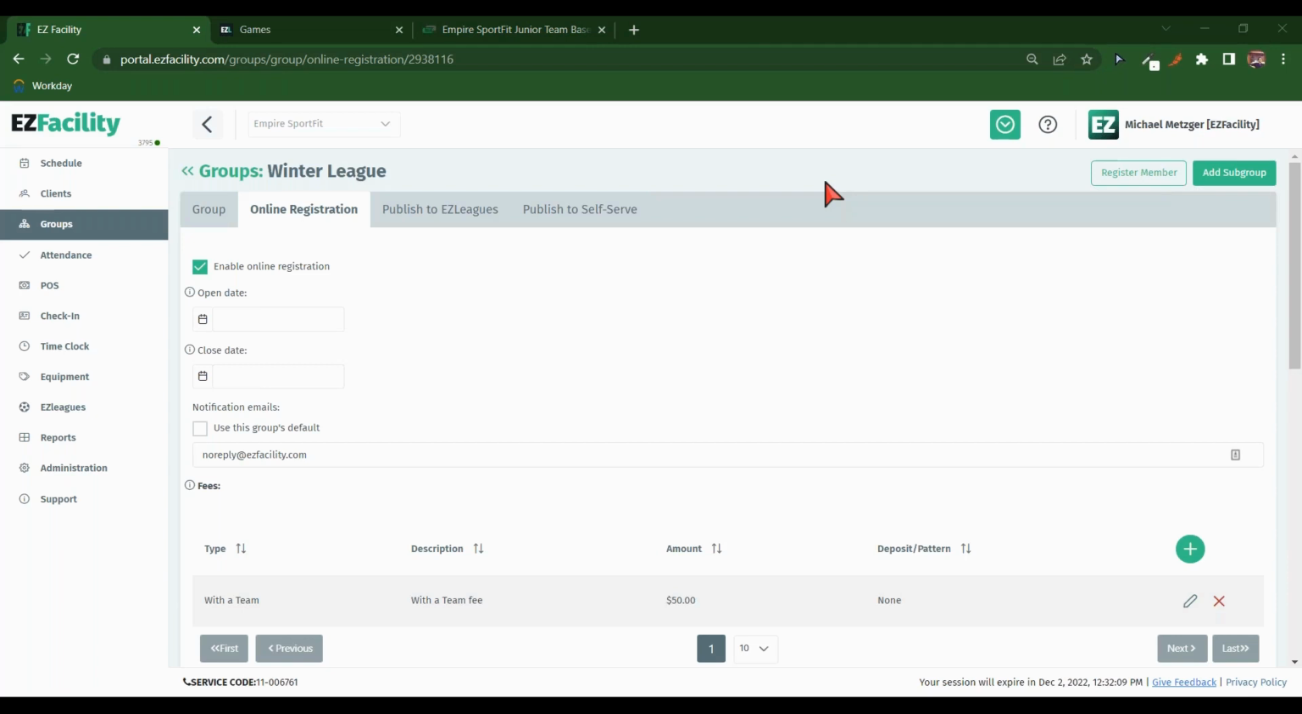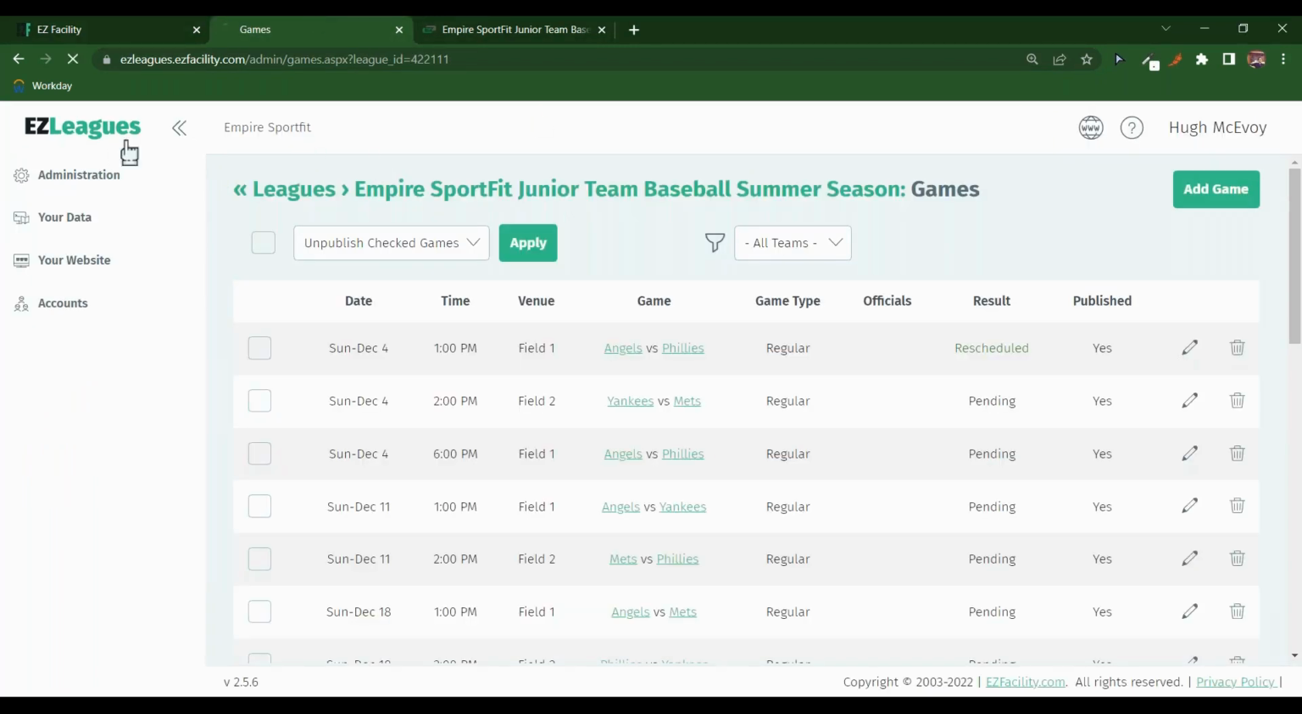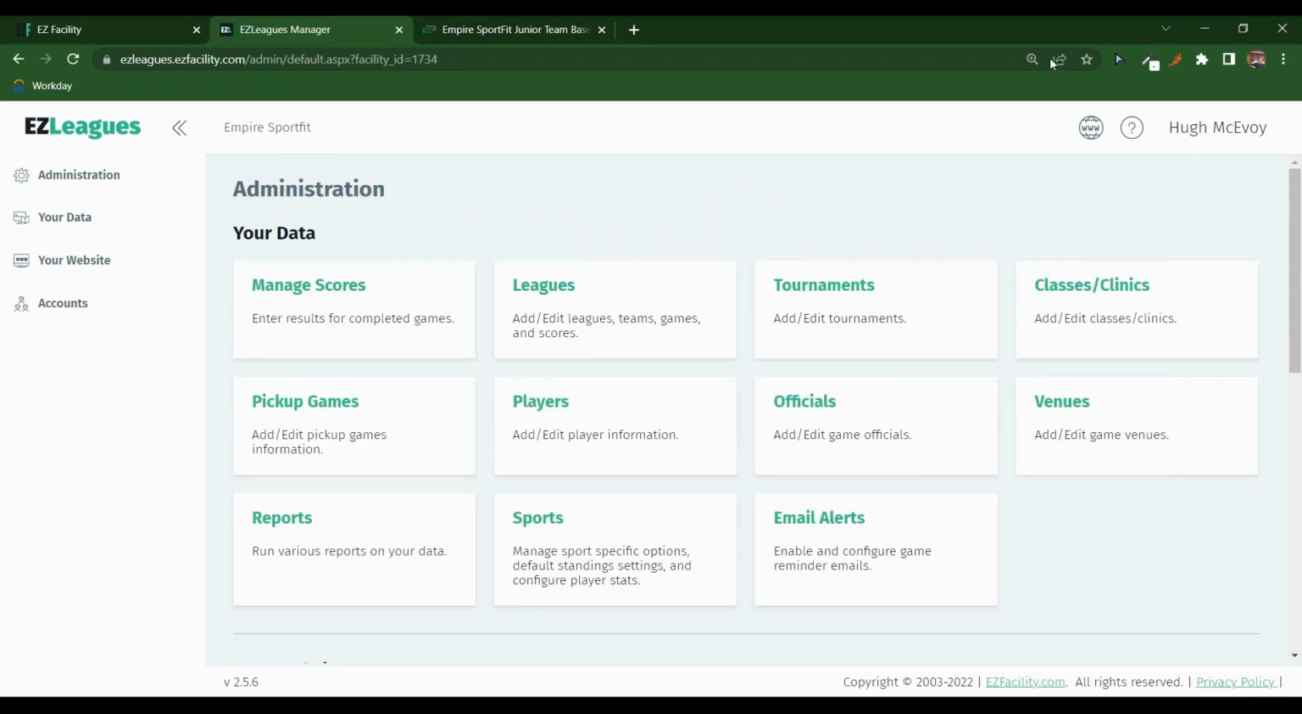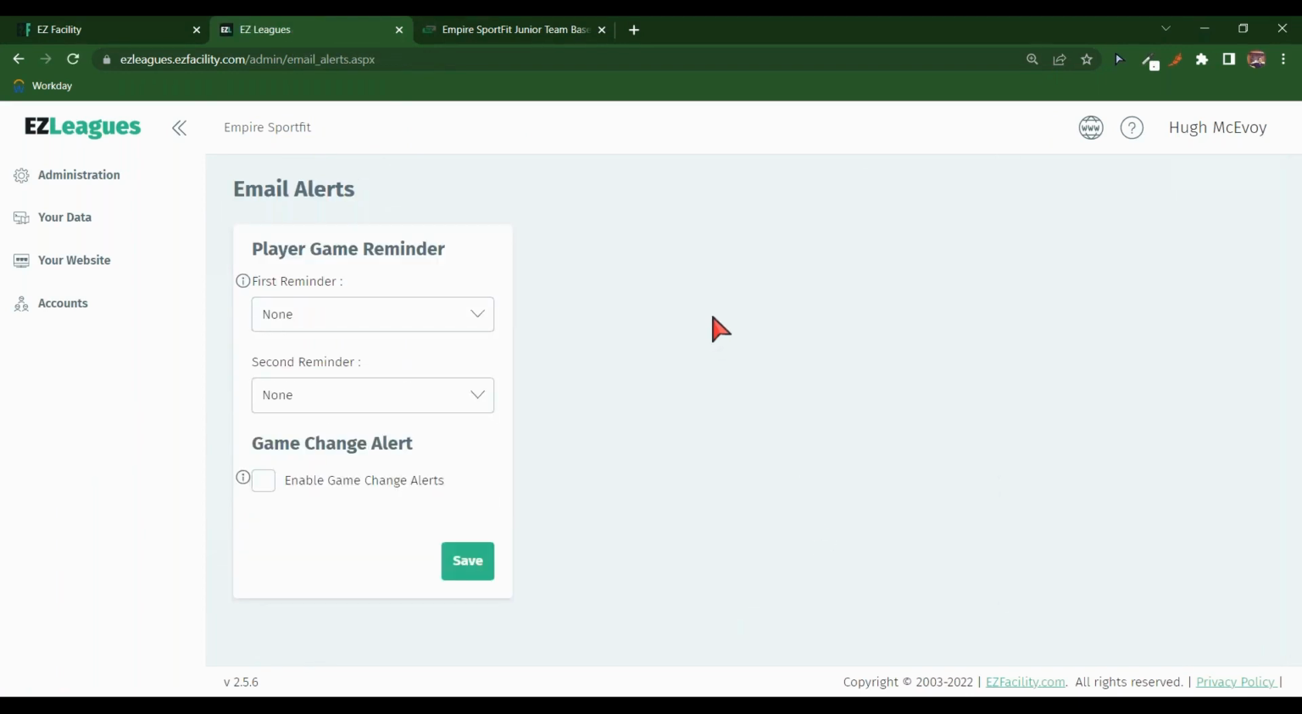Do players registered on a team in EZLeagues get game schedule reminders the day before their event? That's a great question. If you're in EZLeagues, you'll notice in the Your Data section, you have email alerts. This is exactly for that. You can set up a first reminder, and set up a second reminder. And as long as the players were registered into that group, and